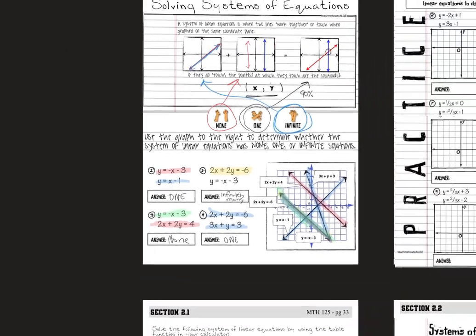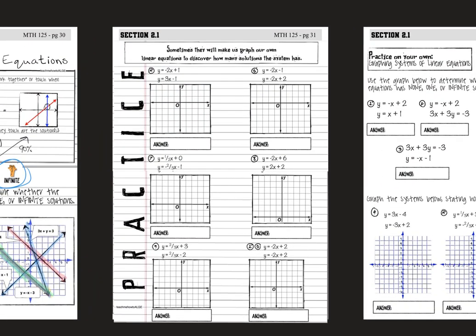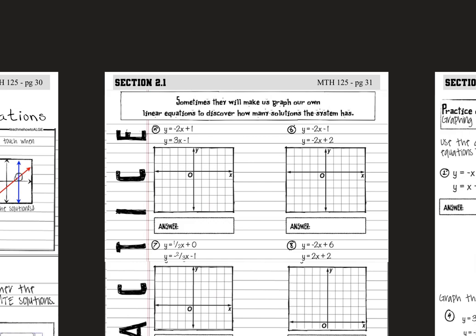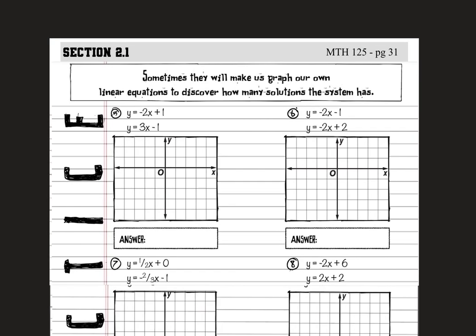Let's go on to the next page where we are actually going to graph some lines and try to figure out what the solution is. And so, again, we've already graphed lines before. So I'm going to go ahead and do this one with you. Y equals negative 2x plus 1. Here is the y-intercept, plus 1. Rising and running when it's a negative 2 for the slope,